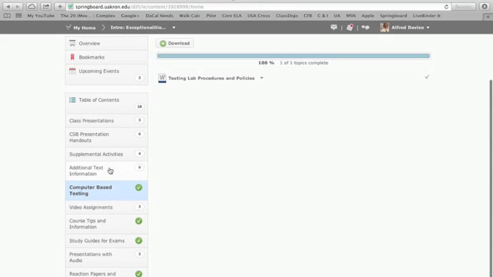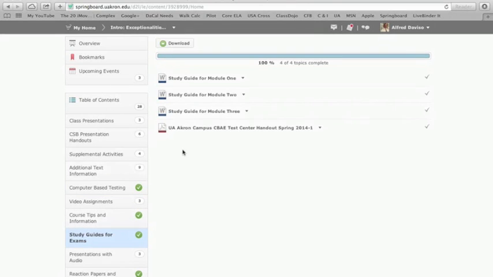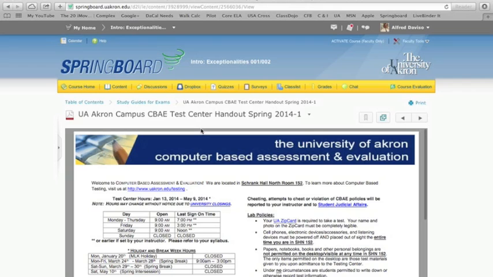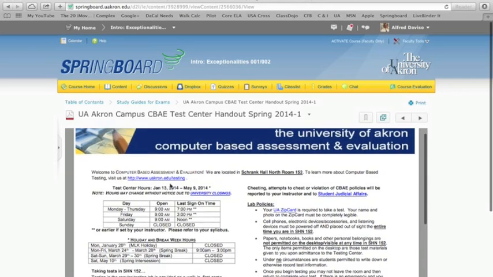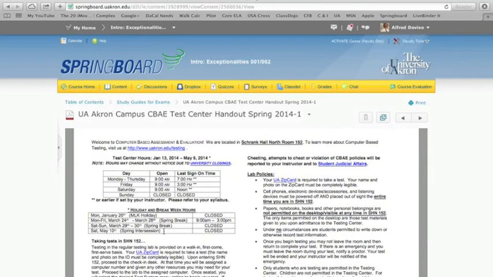And I also included this information when it comes to study guides for the exams. This is spring of 2014, and of course you can see there are some specific things I want you to take note of. Notice that this testing center opens at 9 and the last sign-in time is 7 o'clock. They stick to this. They've told me a number of times that I should make sure students check ahead of time. Don't wait till the last day. Fridays and Saturdays are extremely busy there. As you can tell, Friday, the last sign-in time is 3 o'clock, and on Saturdays, it's at noon. Take these as early as you can.